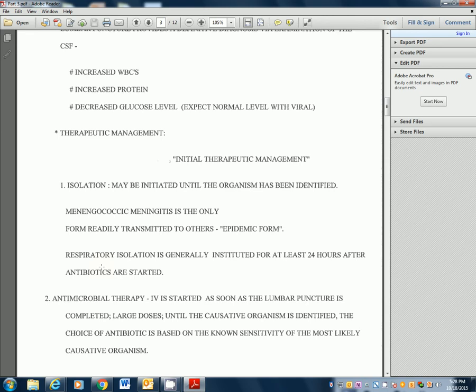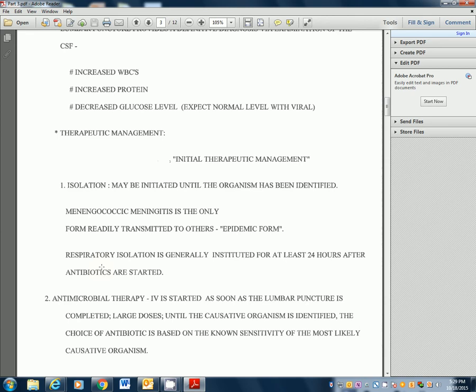Opening pressure is going to be high on both of those, so it'll be above 180. If we're looking at the white blood count, with the viral, the lymphocytes would be the dominant one. With the bacterial, the neutrophils would be dominant. And y'all learned that a long time ago: neutrophils up, bacterial; lymphocytes up, viral. Proteins are up in both of them, greater than 45,